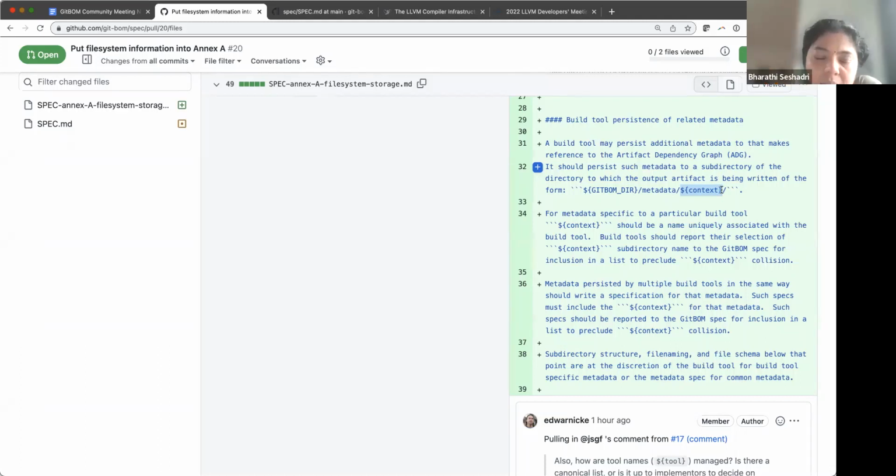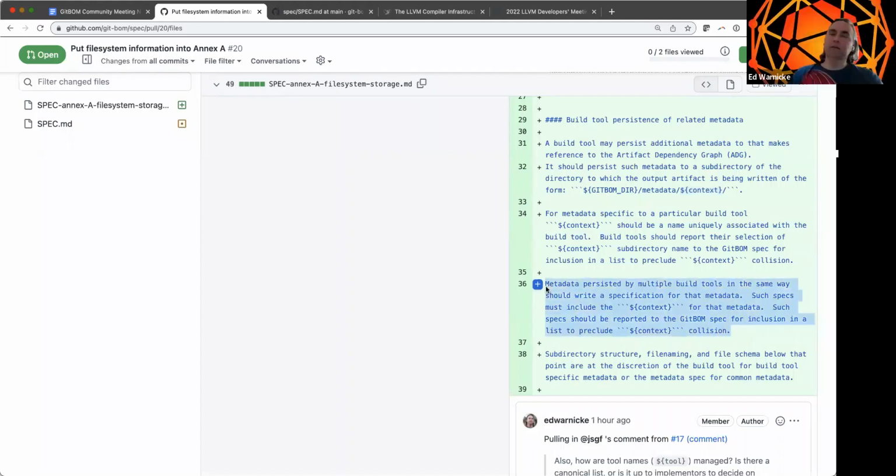That is custom metadata by whatever tools they're free to. So my question is, does the Gitbom spec recommend or mandate a set of file system? I think probably everybody would want it. So can that be put as a common